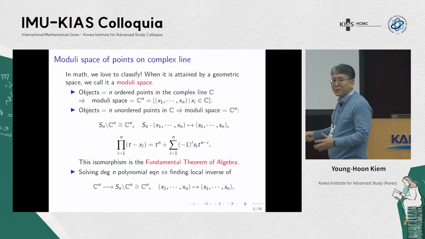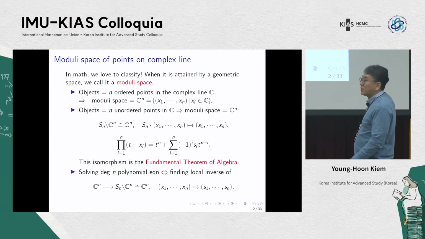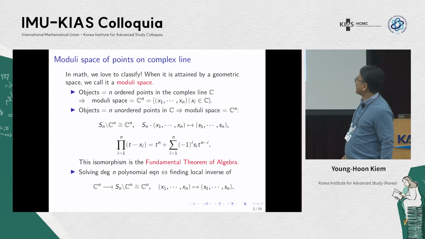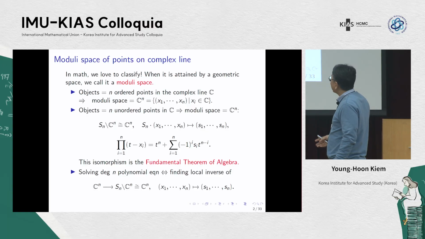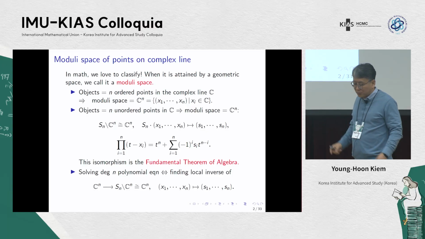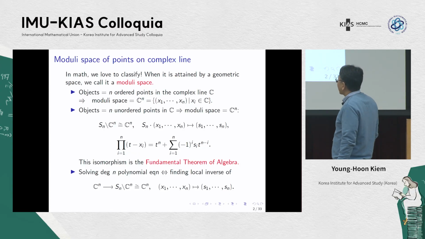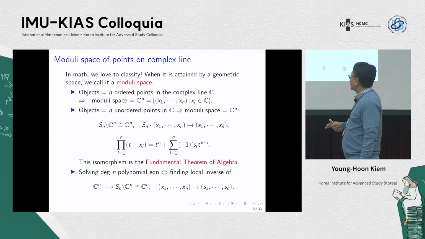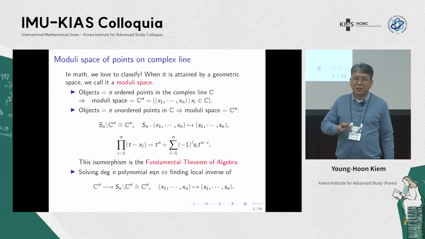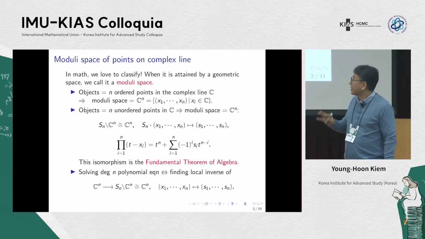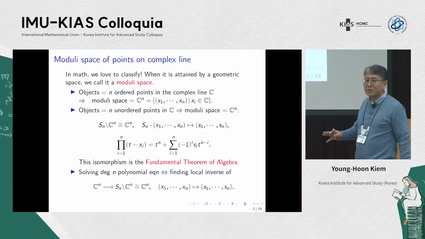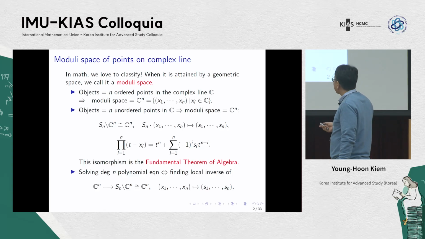And what is the moduli space? In this case, it's just by definition. The moduli space is C^n. C^n is the set of n-tuples of points in C. Okay, second example. Suppose you want to classify n unordered points in the complex line. What is the moduli space? So you would want to think about